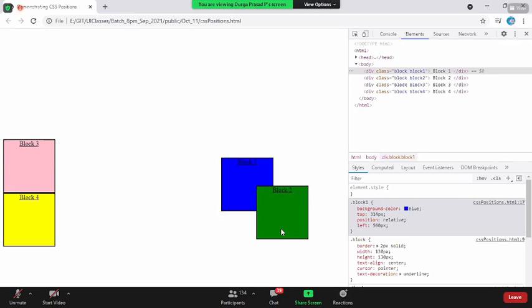That can be solved with left property, right property. I'm not saying it cannot be solved. But the positioning property, you need to go for only when you want the flexibility to take the element in your hand and place it anywhere you want. When I have a big table and I ask you to take a book and place it on the table, you have the flexibility to put it wherever you want. That is why we are going with the positions.